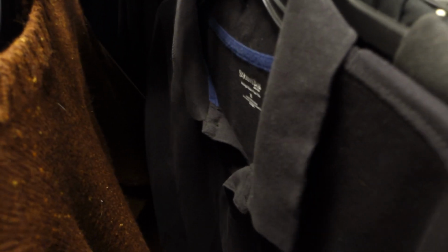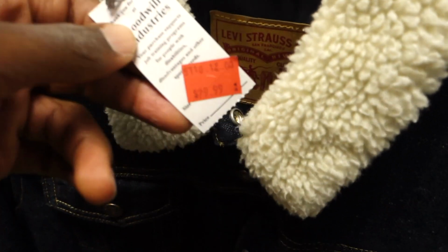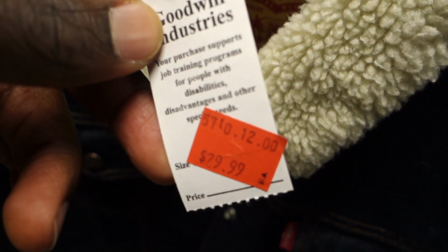One downside to this is the fact that it is an 11.5, and that's kind of a tough size for me sometimes. Those usually sit a lot longer, but I'll go ahead and I'll still pick it up for only $6.50. Next, I found this really dope and really clean Levi's Sherpa jacket, but as you guys can see,